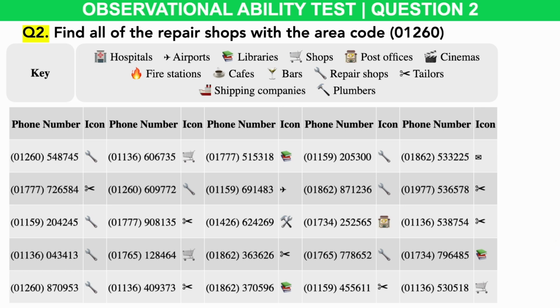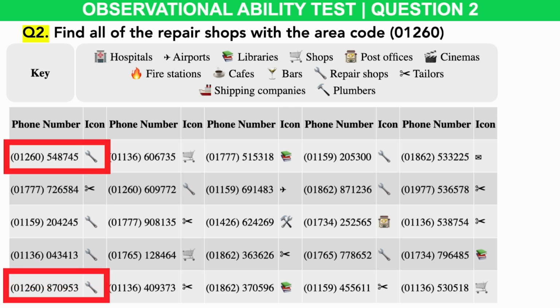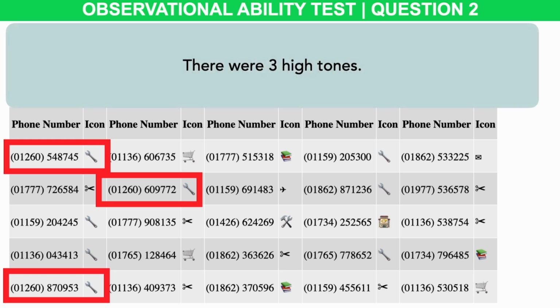How did you get on? Well, here are the answers. There were 3 answer options in the directory. Here they are. And there were also 3 high tones that you should have counted. Now, many people do struggle with these questions. So before I give you plenty of more practice questions, here are some quick tips and strategies for this and